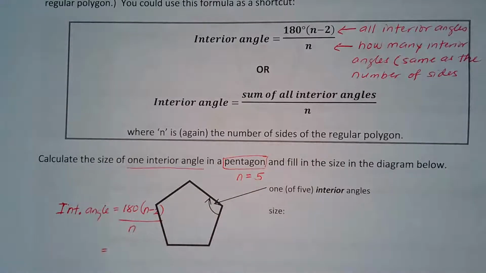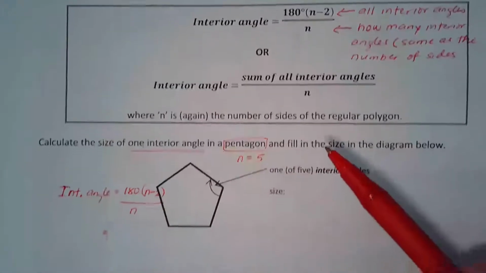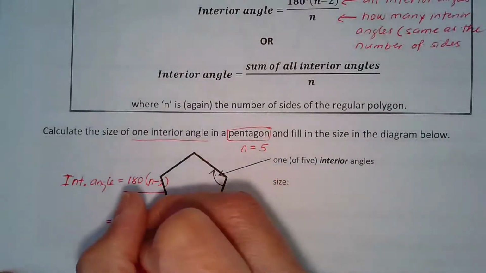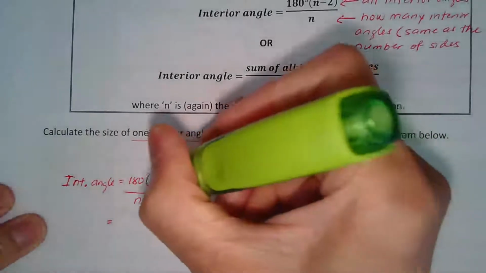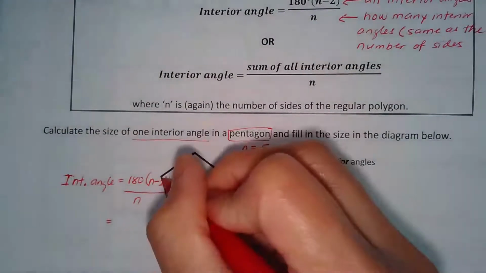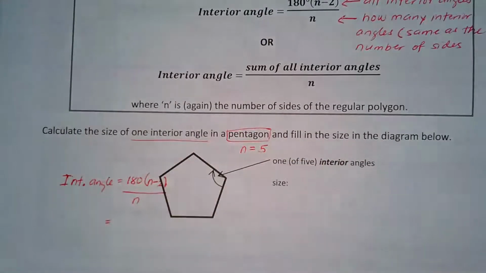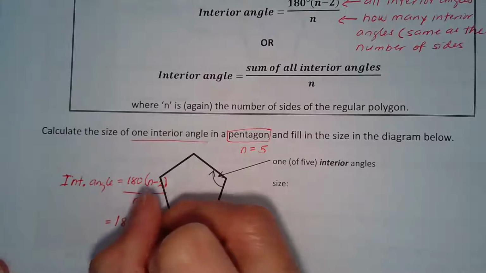Okay, so we're going to put the values in our formula. I'm going to fix this so that it's okay. 180 times